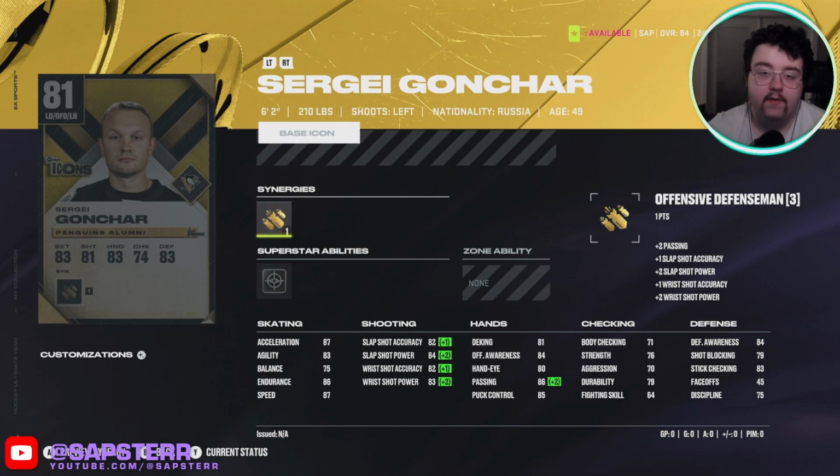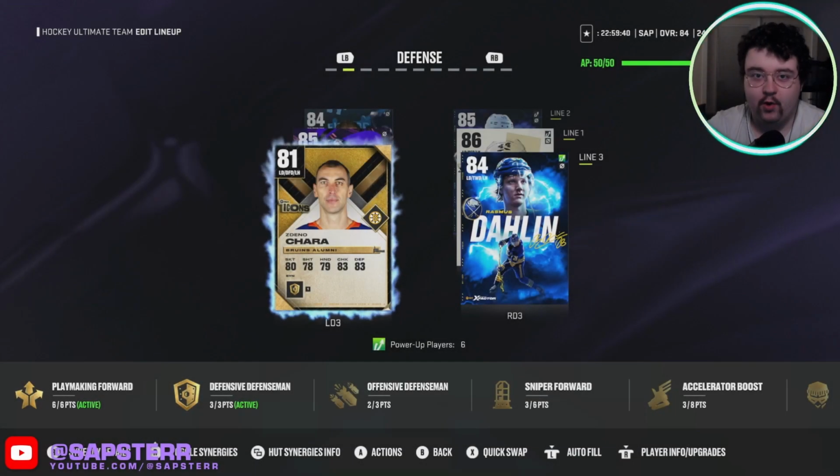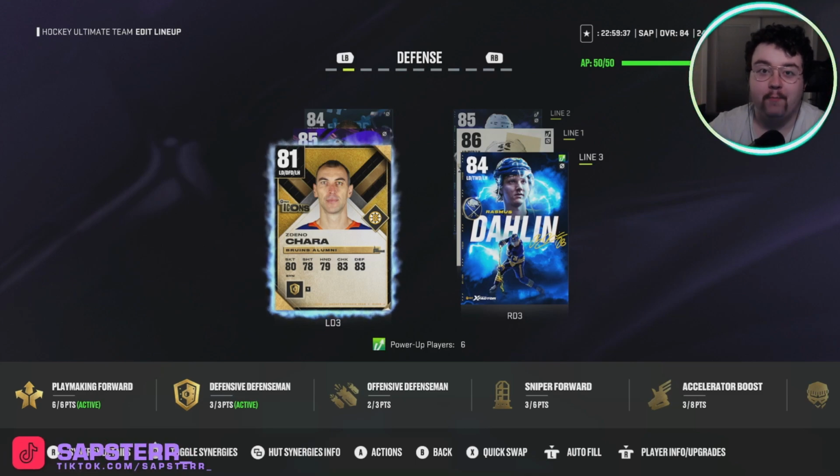This is a really good offensive defenseman on the left side that you can use if you're looking to maybe snipe a few more goals. If you don't have someone like X Factor Quinn Hughes, maybe this is a player that you can slide in on your third pair. For this player, rounding out our list, I wanted to take you to my team screen